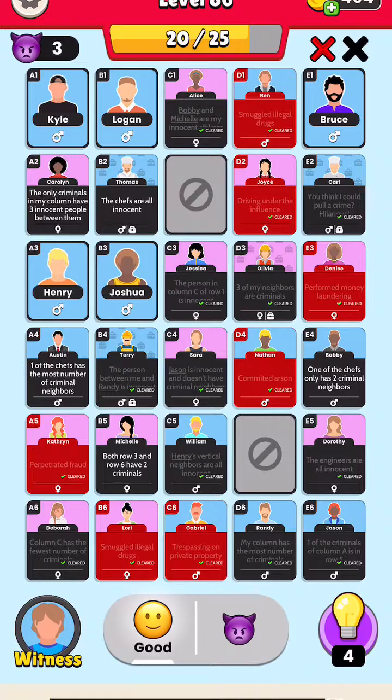Okay. Interesting. That changes where I was going with that then. Well, then, no, not really, because it could be Logan and Kyle. But we only have 3 more criminals to catch, so it could be